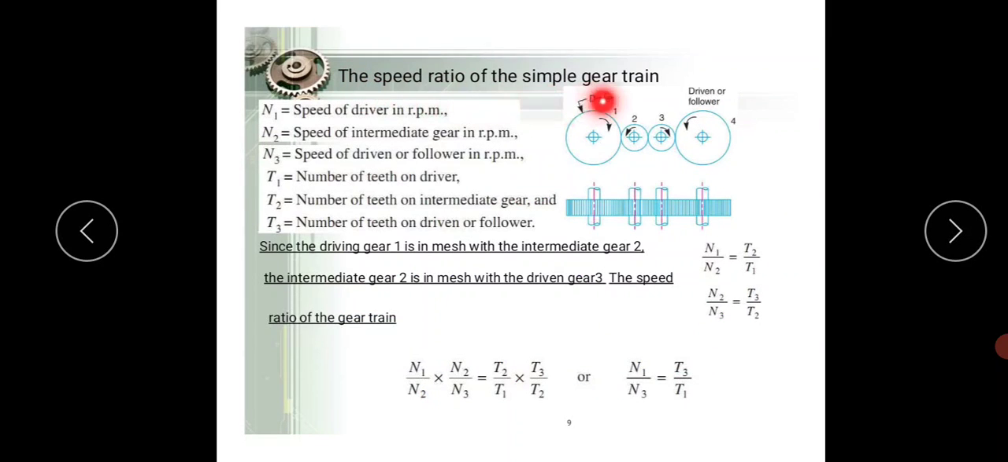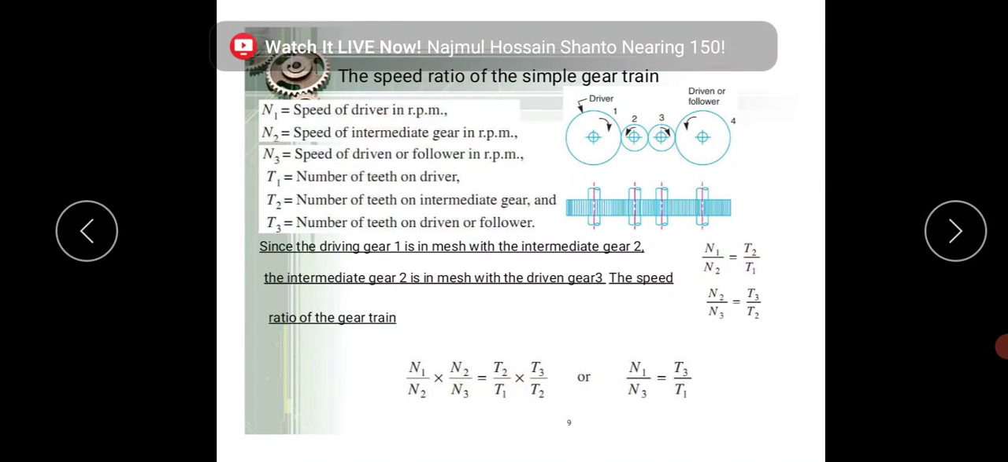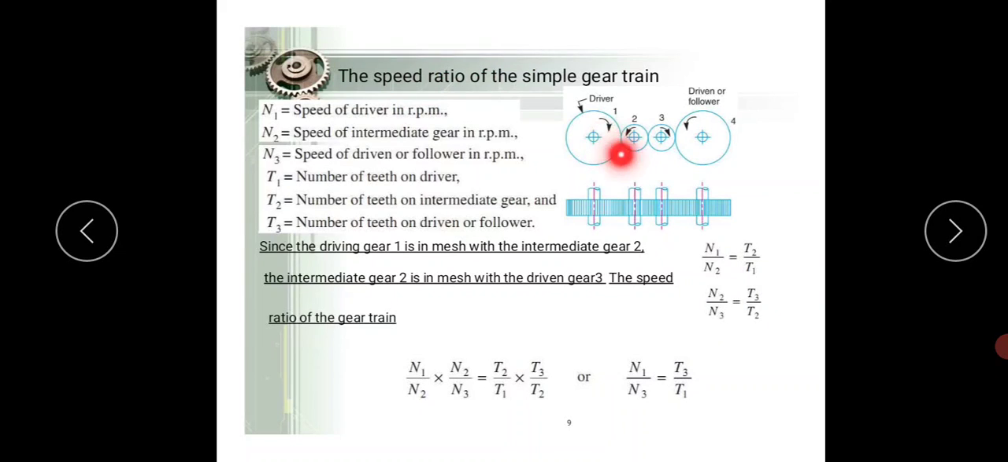Here is the speed ratio of simple gear trains. Here we see about the speed ratio. Here, regarding the number of gears, 1 is the driver, and 2 and 3 are the driven intermediate gears. Now number 4 will be the driven gear. Here N1 means the speed of the driver. N2 means the speed of the driven intermediate gear in RPM, revolutions per minute. N3 is the speed of the driven